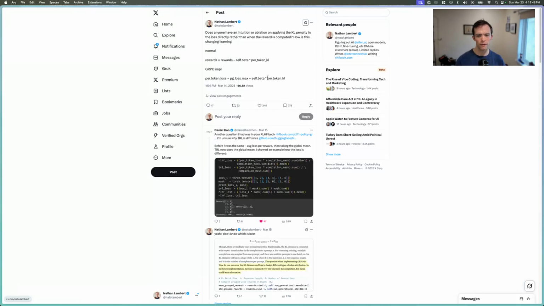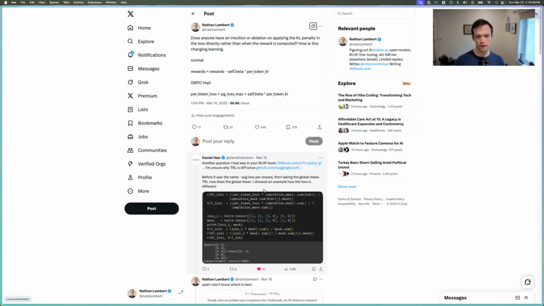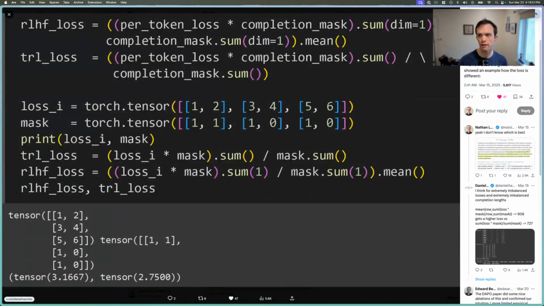This kind of went downstream into a discussion of how we should actually compute the loss, and Dan Hahn of Unsloth made this comparison of how we can sum the different losses. And the difference here is whether or not we're summing across each token or each completion. And we don't actually know which one is best, but this ended up coming up in a few of the